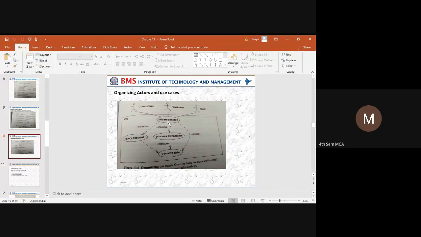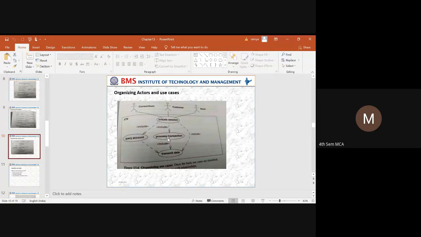Once the menu is displayed, the customer can query the account. That means he can request a mini statement, showing the transactions carried out for a particular period of time. Next is process transaction. The customer might have requested an amount withdrawal.